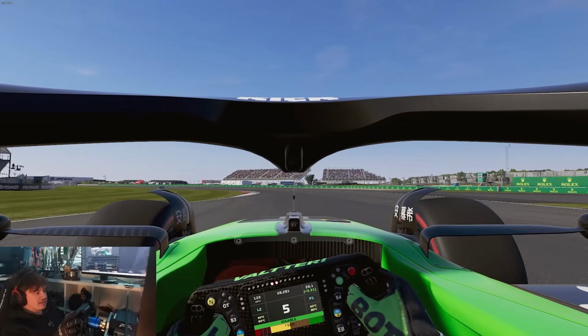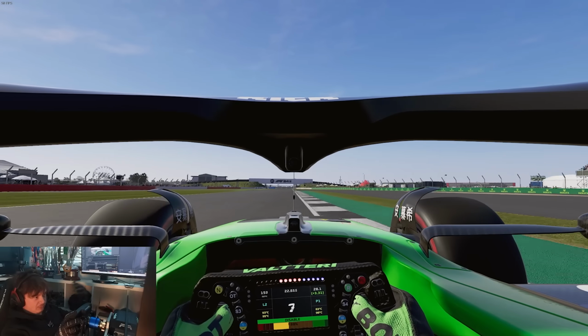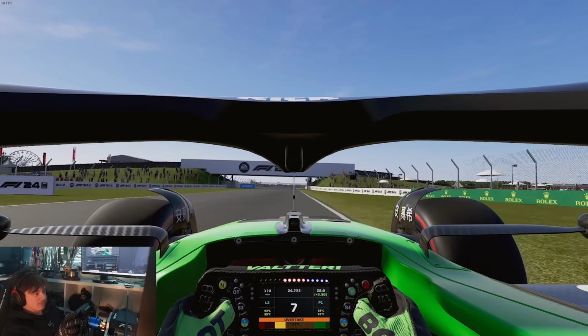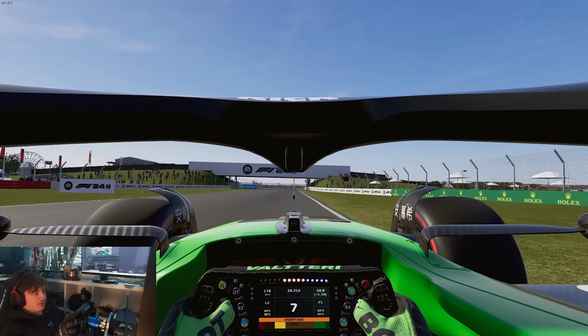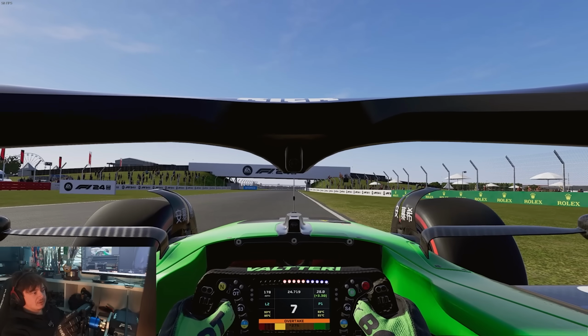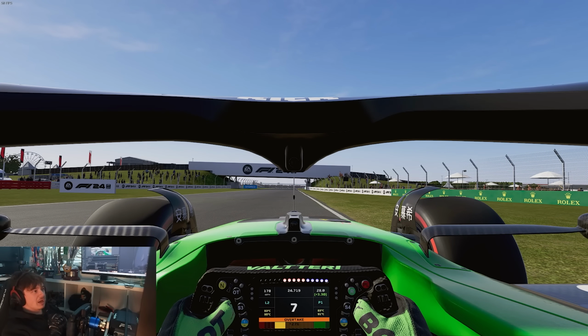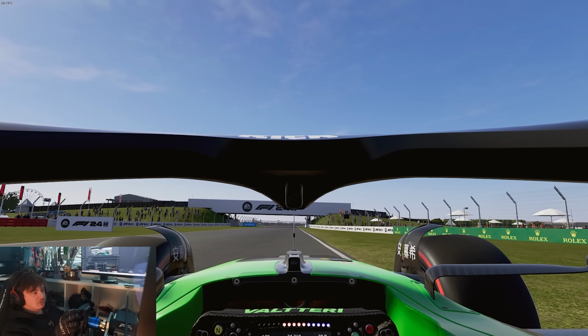To keep it a fair test, I'm only going to start the replay camera when I turn off the battery. So you can see now I turned off the battery here. So now I'm going to restart the video, restart the game, and you can see an exact replication of how fast I can be going by not taking the bumps down the straight. I did 185 miles an hour before, so now you can see by